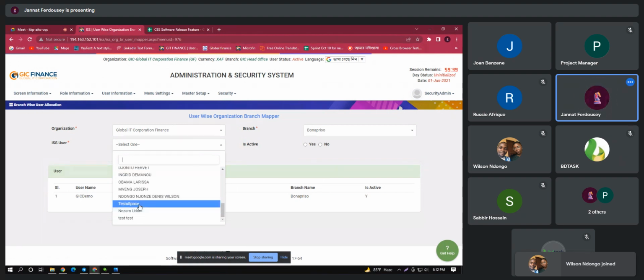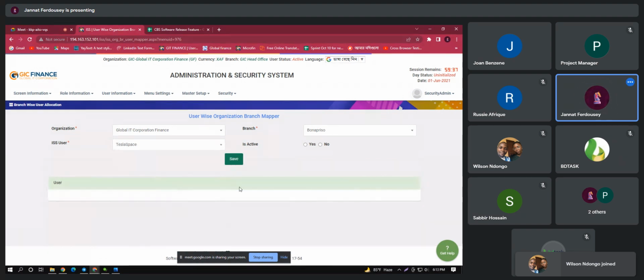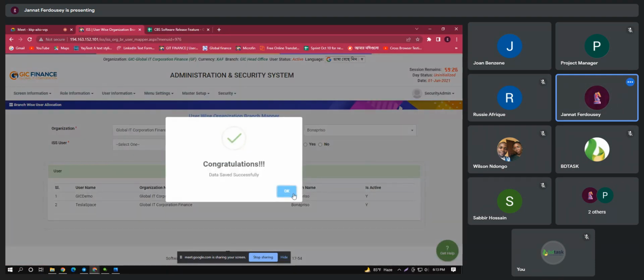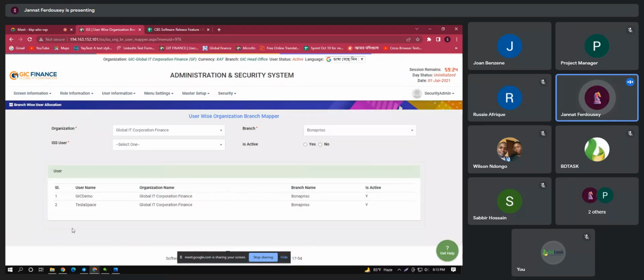Let's say this one. Okay, so this is the option, whether we want to actually confirm or whether I actually want to activate this. So I can click yes and save. Okay, so if I want to assign this user to another branch, for example, an area manager, okay, under him there